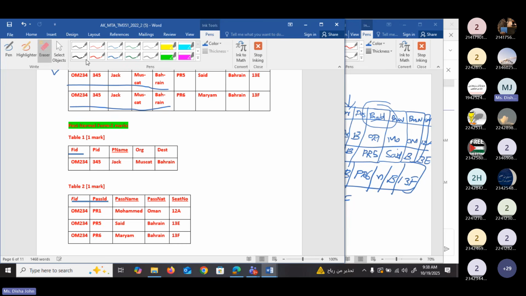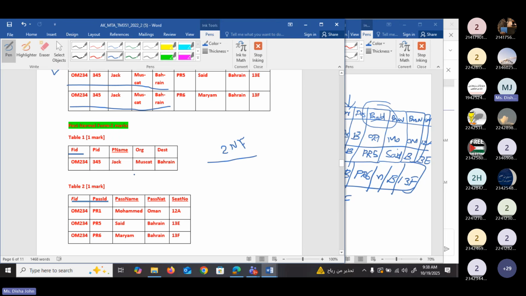Okay. Now we are going to check whether these two tables are in 2NF. In order to know whether the tables are in 2NF, there are two conditions. First, it should be in 1NF.